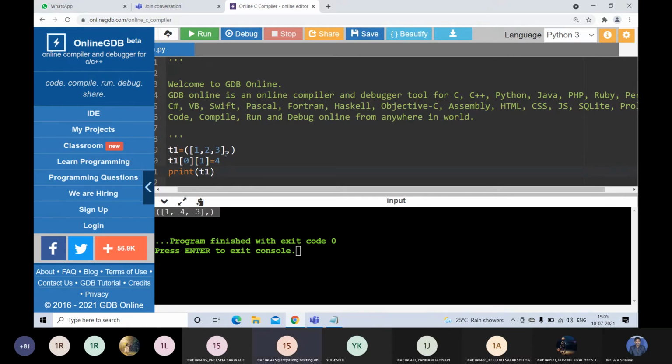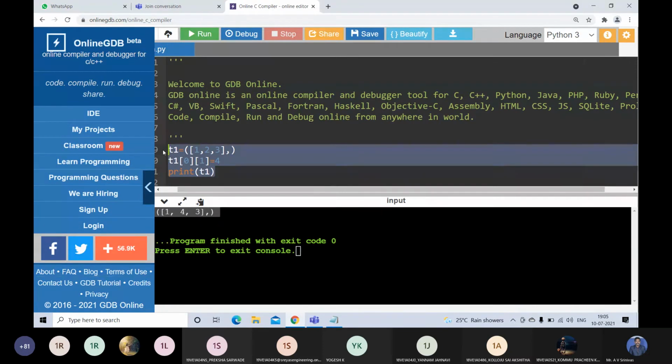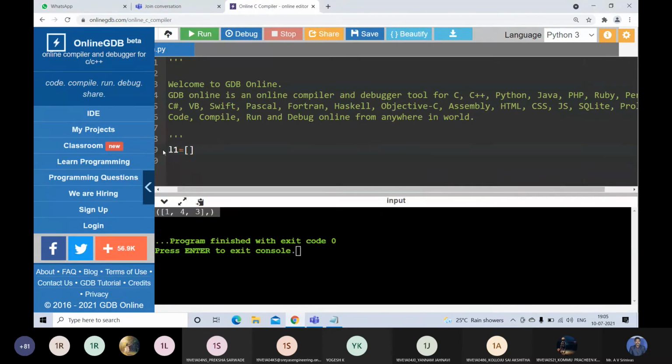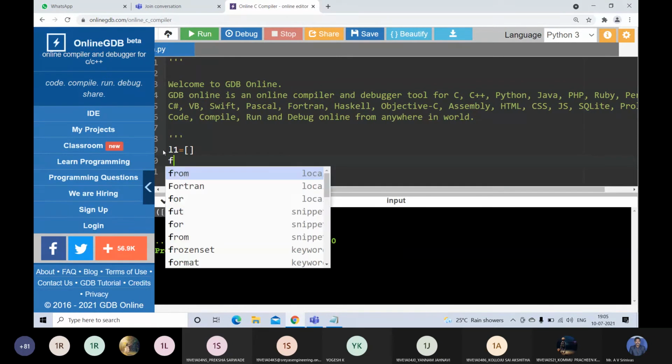And there is one more possibility: if you want to add elements to the tuple at runtime. Generally, tuples cannot use the append function, am I right? Then what happens is, first you have to store the elements in a list, then that list will be stored in a tuple.